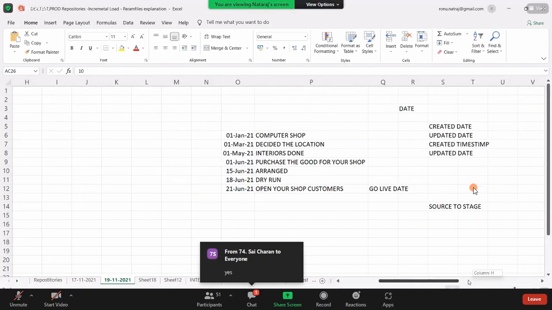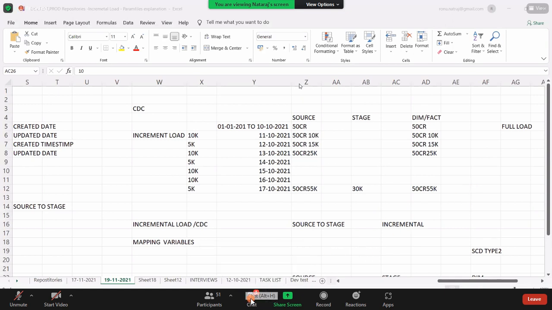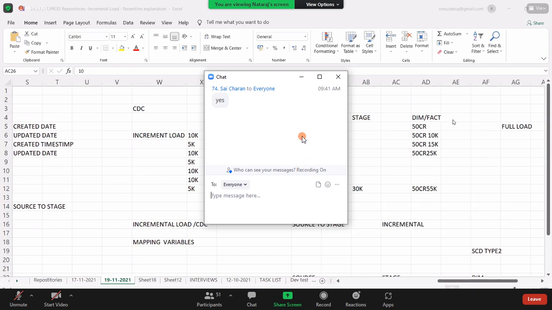So yesterday we were discussing incremental load, how incremental load will happen. So today we'll discuss it again. Yesterday we started, and as I told you,